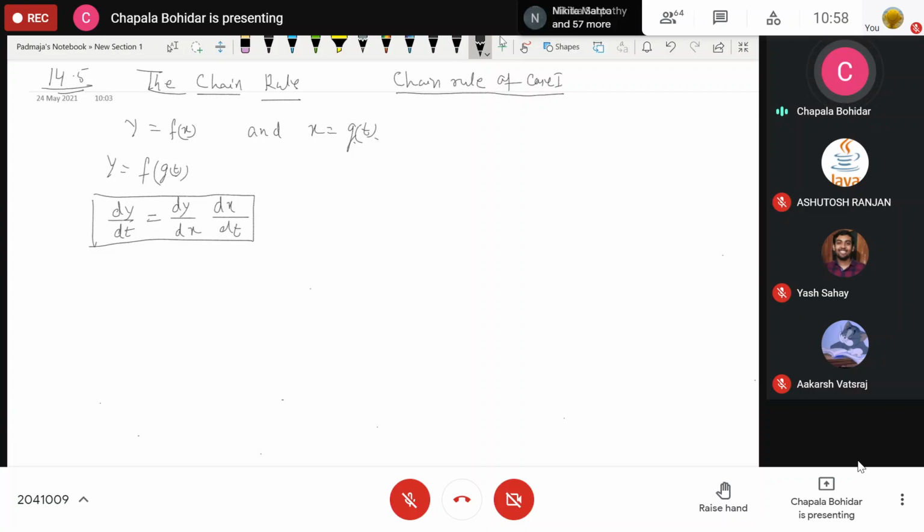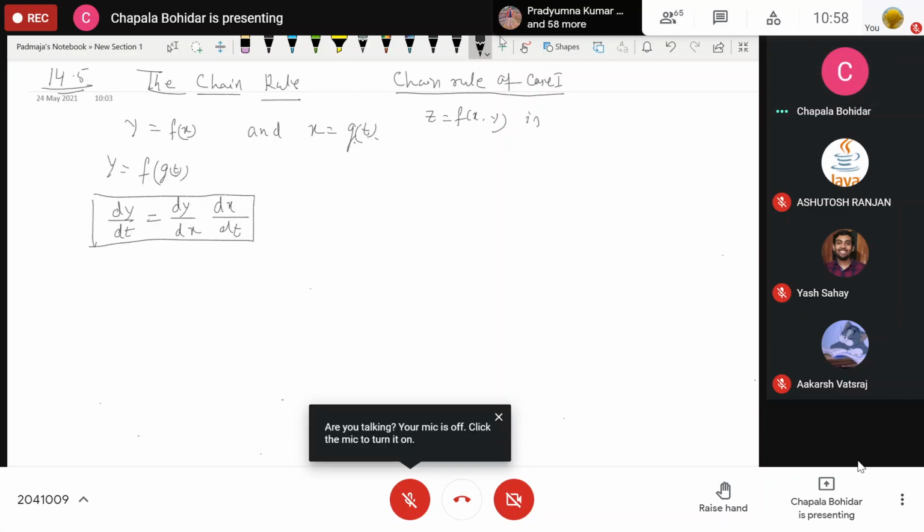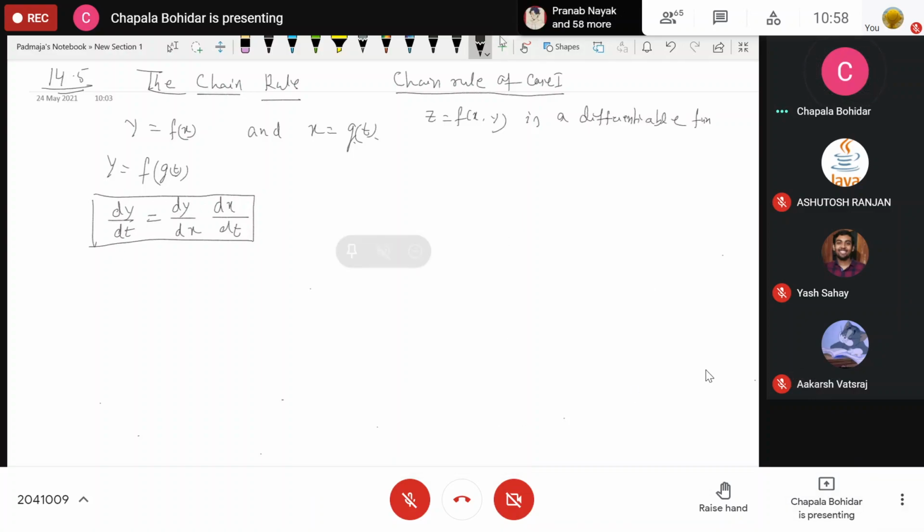Suppose z is a function of x, y. It is a differentiable function of x and y,